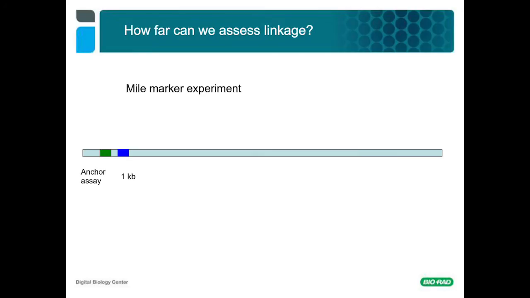We knew from the previous experiment that the percentage of linked molecules tracks very nicely with distance across multiple cell lines, but we want to explore how far we can measure linkage within a single cell line. To answer this question, we transitioned away from heterozygous loci and instead focused on conserved regions of the genome, so we could design assays at very specific distances away from a common anchor sequence. The targeted sequences were called mile markers. The closest mile marker was just 1 kb away from the anchor sequence. We designed other assays targeting sequences that were increasingly farther away,